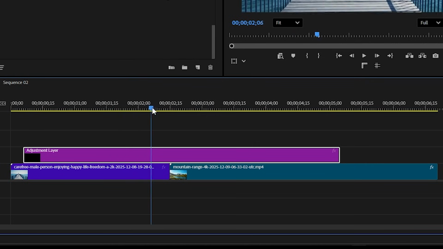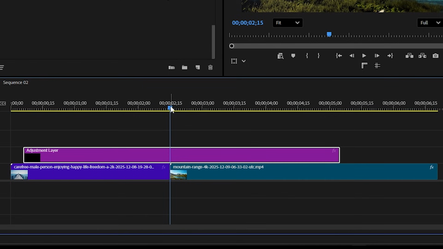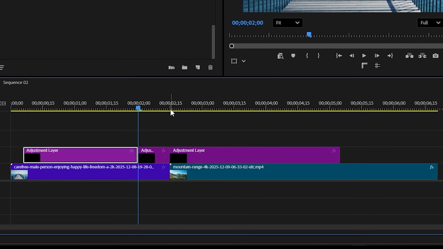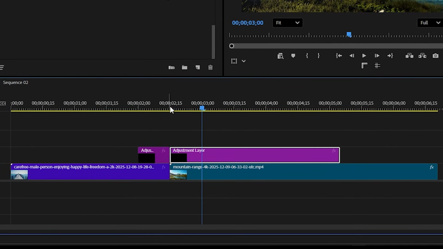Now move your timeline slider to the center of the two clips and make a cut in the adjustment layer by holding Ctrl and pushing K. Move back 15 frames by holding Shift and pushing the left arrow key 3 times, then make a cut and delete the extra. Now from the center, move ahead 15 frames and make another cut and delete the extra layer